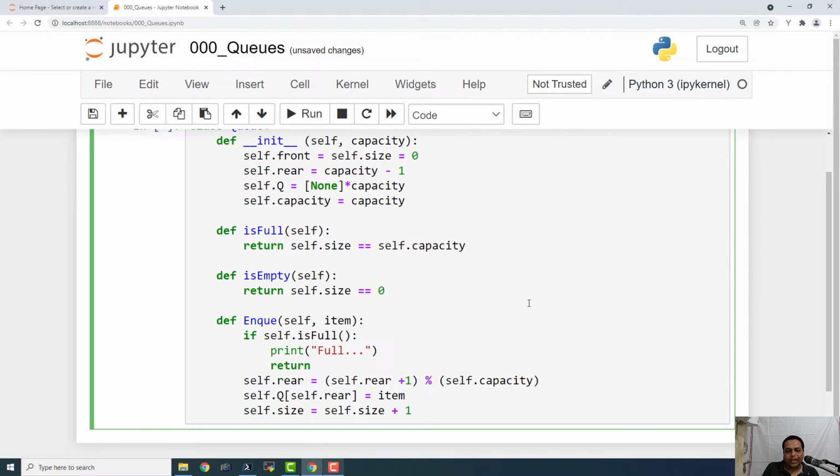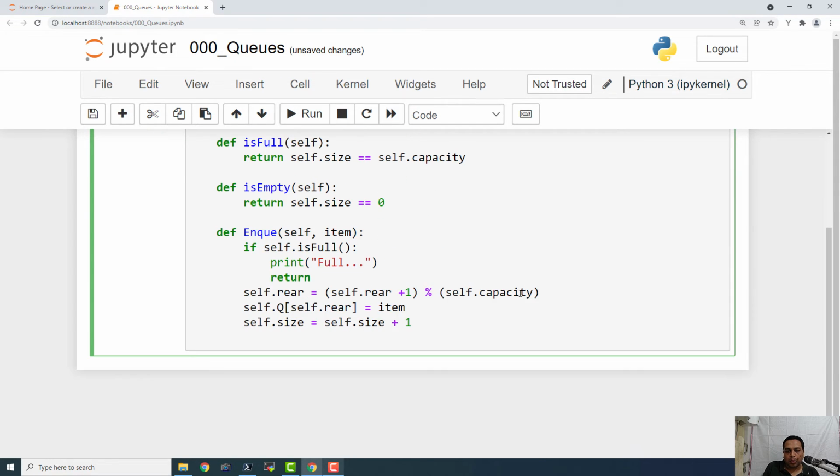So here we are incrementing the size. And finally, I will just print %s enqueued to the queue. So this is all object oriented programming and we are creating a separate class for our queue.